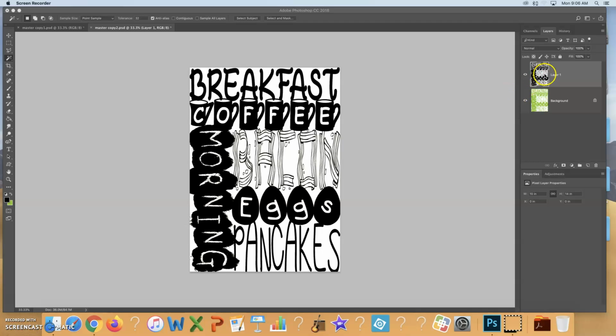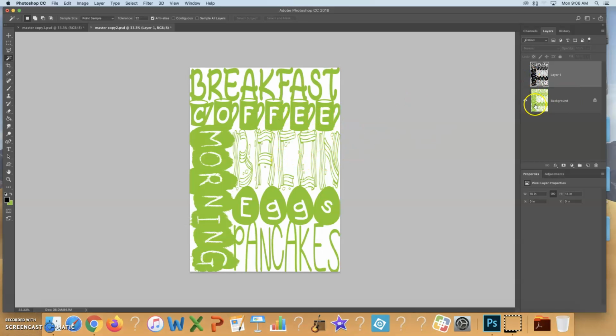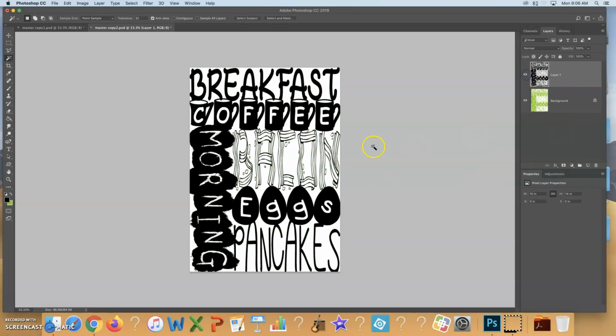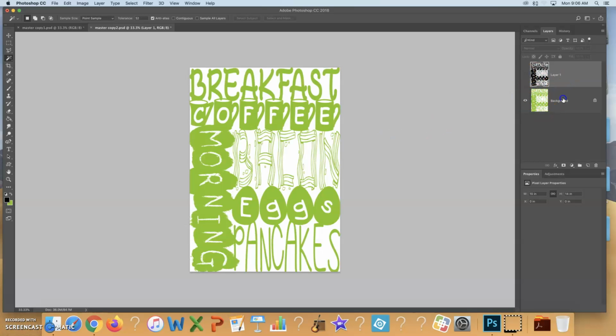Okay, so I made it a situation in which I had flattened this image and then I selected the black letters, right click, layer via cut, and I ended up with this green cutout. And the reason is my background color was green. It's as though when you layer via cut, you cut out these letters and you're left with the green. It's like cutting out the black letters out of white, and then you end up with the green background. So what you can do here is go to your background